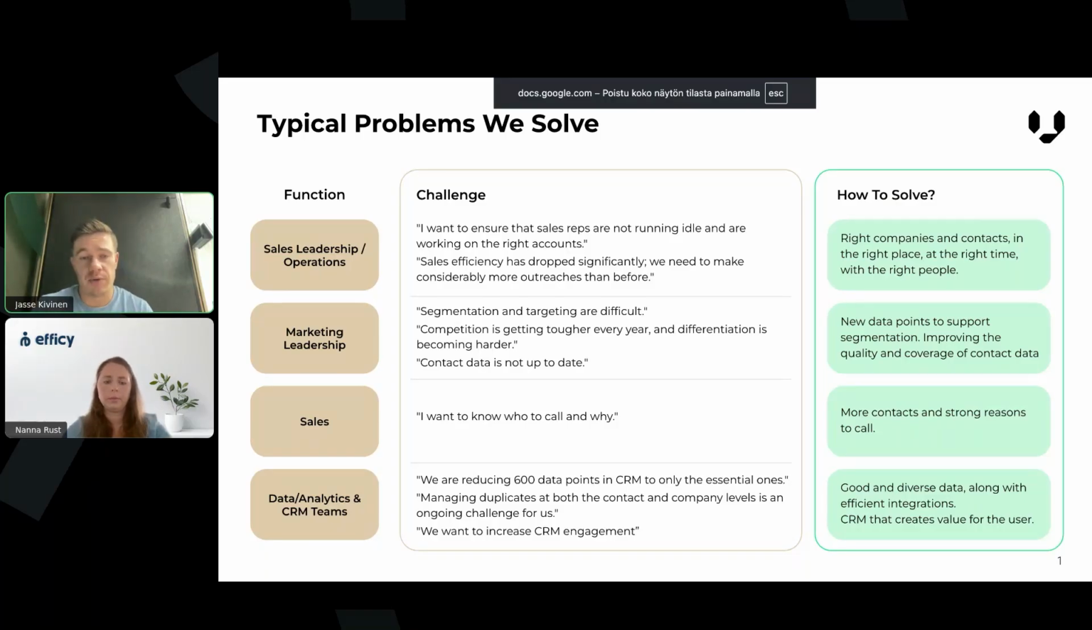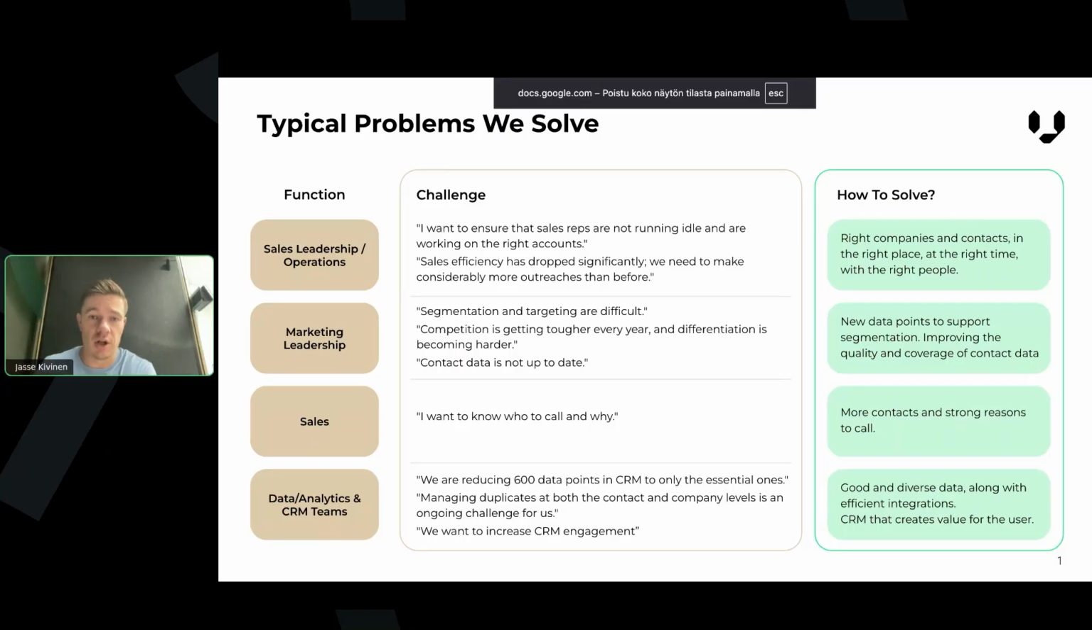And now I'll walk through a little bit what kind of problems we usually solve, depending of course a little bit on what function you work in yourself. Usually when people take Vainu into use, the first thing you think of is: I want my organization, my people, my team to focus on the right companies and the right contacts, because it's very, very time consuming to focus on the wrong ICP, to focus on contacts which don't have the right details. It just doesn't work in sales. So that's the first problem that we always start solving, finding the right companies, right contacts,